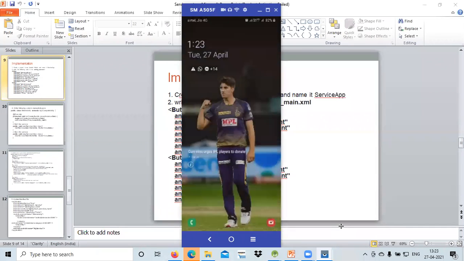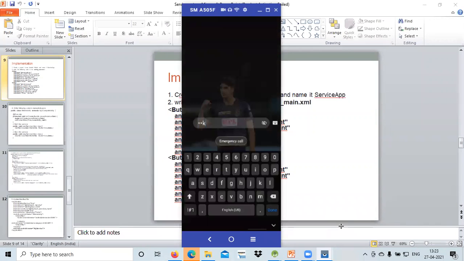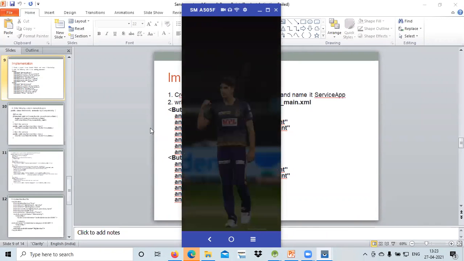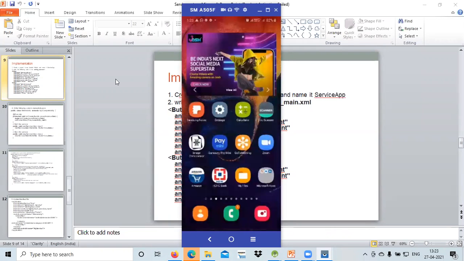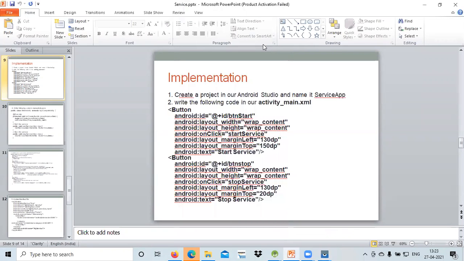So now what will be our output? There was some setting I need to change for that.